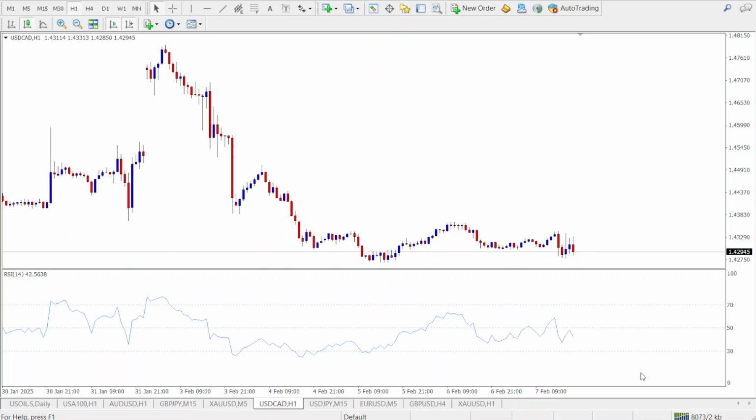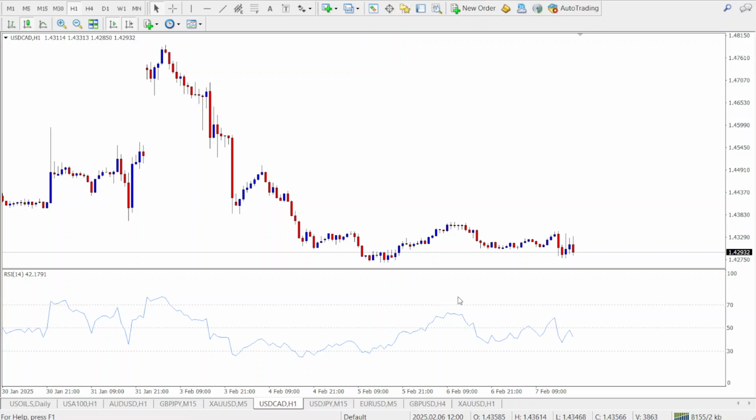As you can see, it ranges from 0 to 100, and traders mainly focus on these two key levels, 70 and 30. When the RSI is above 70, the asset is considered overbought, meaning a potential reversal or pullback could happen. Then when the RSI is below 30, the asset is considered oversold, signaling a possible